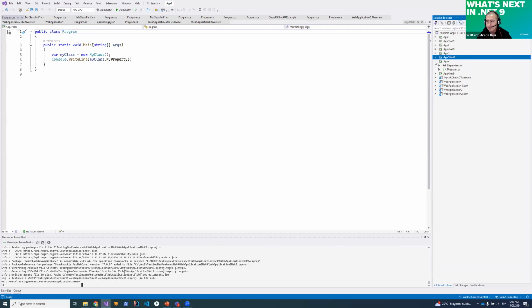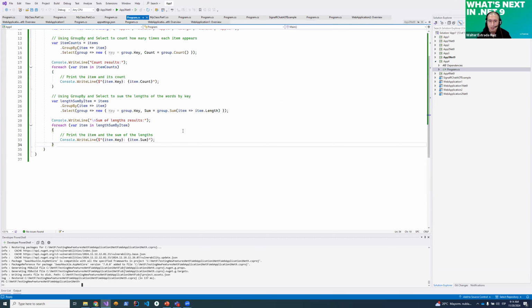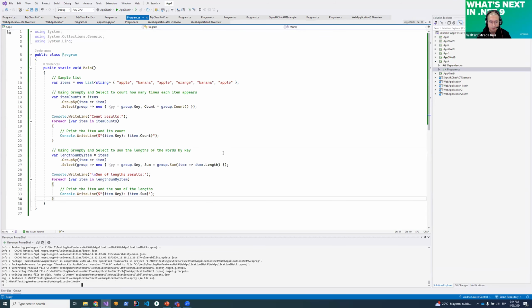And finally, these C# enhancements. This is a simple application. Here we have a list of fruits, but we have some duplicated fruits, like the apple. We have the apple 3 times, banana is twice, orange is only once. So